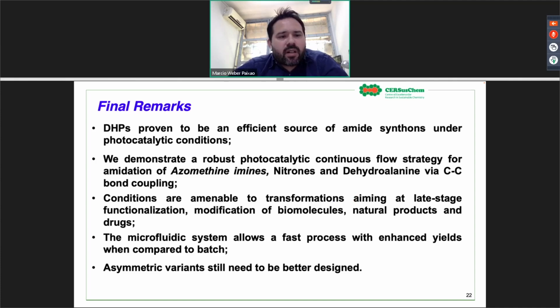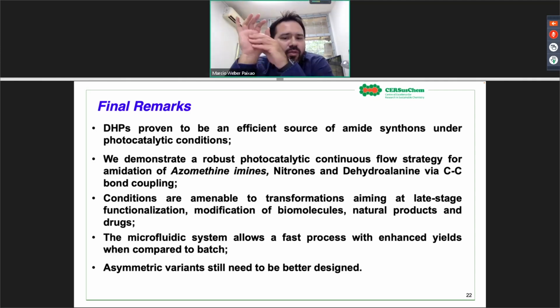So as a final remark, these results also contribute to the statement that the hydropyridine is proven to be an efficient source for amide synthesis under photocatalytic conditions, with robust photocatalytic conditions. The flow strategies promote the amidation of nitrones, and in the batch condition, we can do the amidation of the isomethylamines and also the amidation of the dehydroalanine through the CC coupling. And continuous